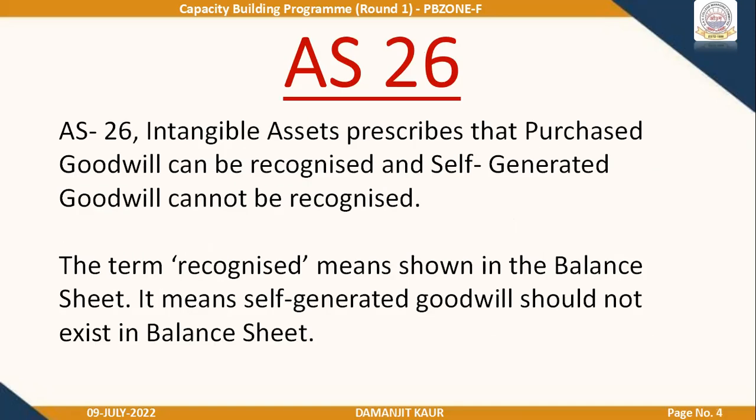AS 26, Intangible Assets, prescribes that purchased goodwill can be recognized in the books and self-generated goodwill cannot be recognized in the books. So what does this word recognize mean? The term recognize means to be shown in the balance sheet. Whatever item we take in the balance sheet, that particular item is recognized. It means self-generated goodwill should not exist in the balance sheet,